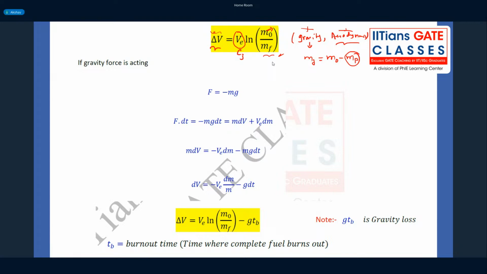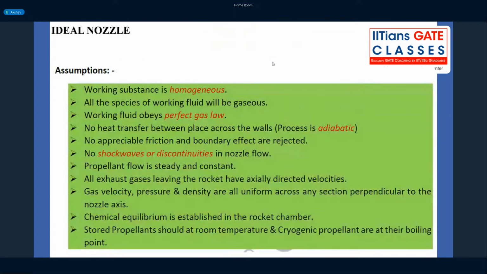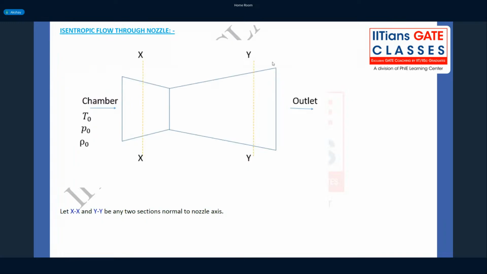Okay, yeah. So I'm not going to discuss the nozzle flows. This is more of a gas dynamics part of the syllabus, so I'm not going into the details of nozzle flows. Usually what happens, we assume a converging-diverging nozzle operating at a steady condition with an